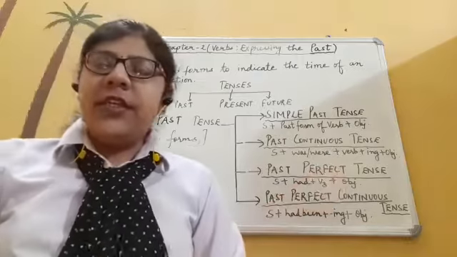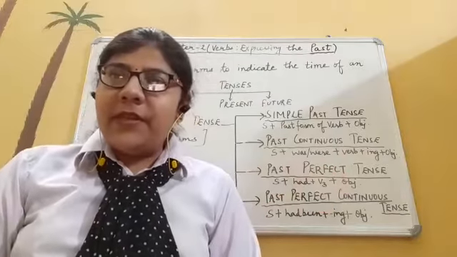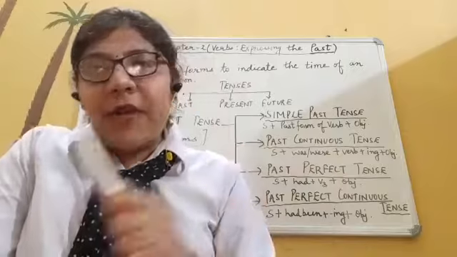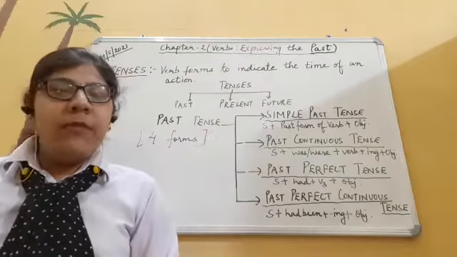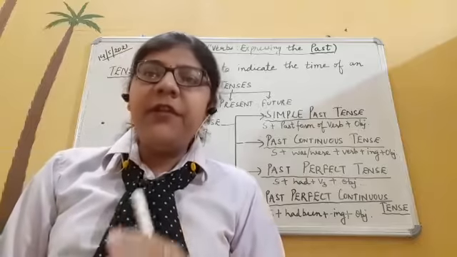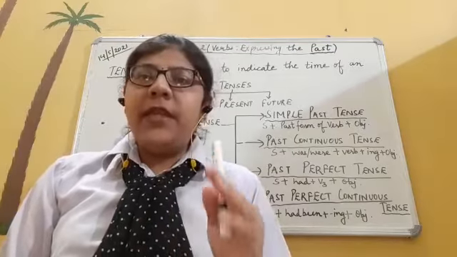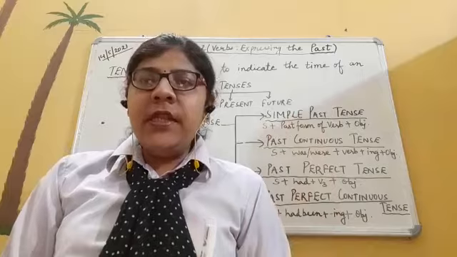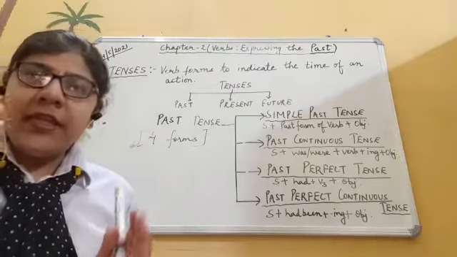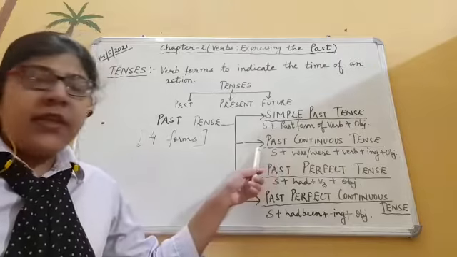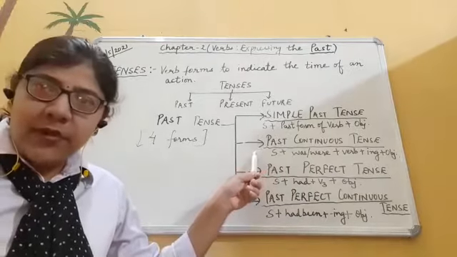But ing is mandatory or compulsory. Like if I say, I was traveling to Nagpur some days ago. But if I am talking about the plural, so I will say, we were traveling to Nagpur some days ago. So the actions which were in continuity, the actions which were in progress at any time in the past, they come in the category of past continuous tense.